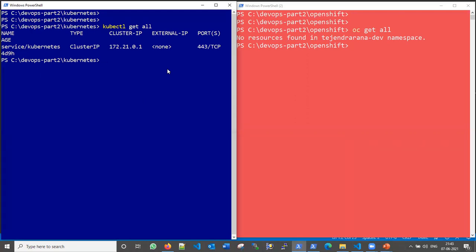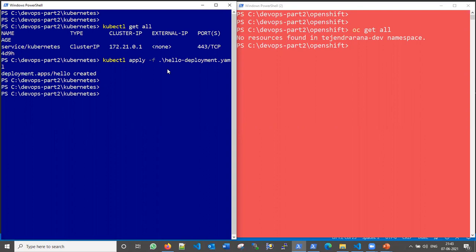Let me go ahead here: kubectl apply -f and our deployment file, hello deployment.yaml. Let's apply it first. Okay, the deployment has been created.